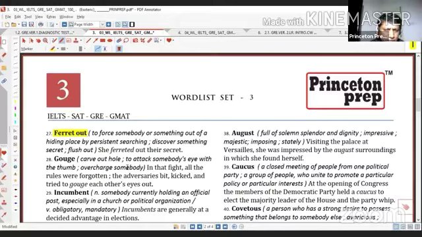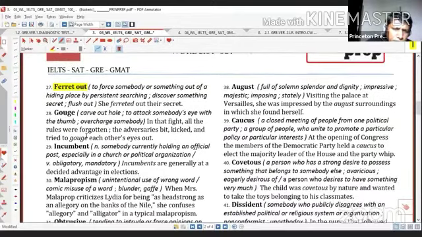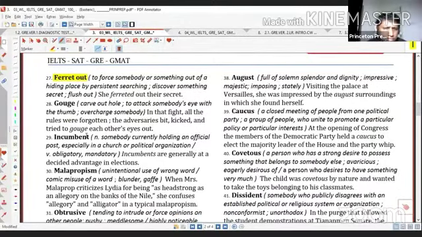আচ্ছা, তারপর ferret out. She ferreted out that secret. Gouge হলো carve out a hole to attack somebody's eyes with, হ্যাঁ, কোনো কিছু গর্ত থেকে বের করে আনা. In that fight, all the rules were forgotten. The adversaries bit, kicked, and tried to gouge each other's eyes out. Gouge মানে ওইভাবে